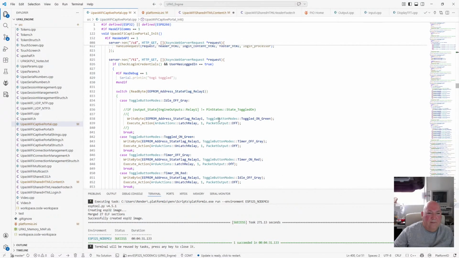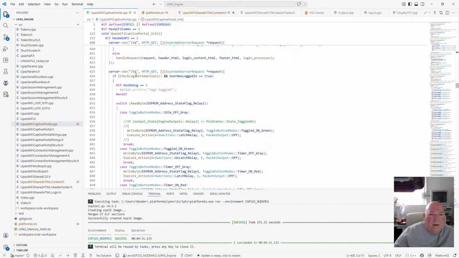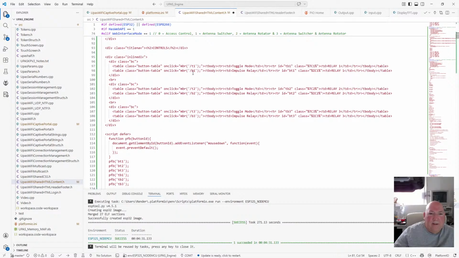There's T1. So this is the bit that takes the data back off the click, off the page. And for that one, I'd have to create another one of these that's looking for the page that's set up over here, which is